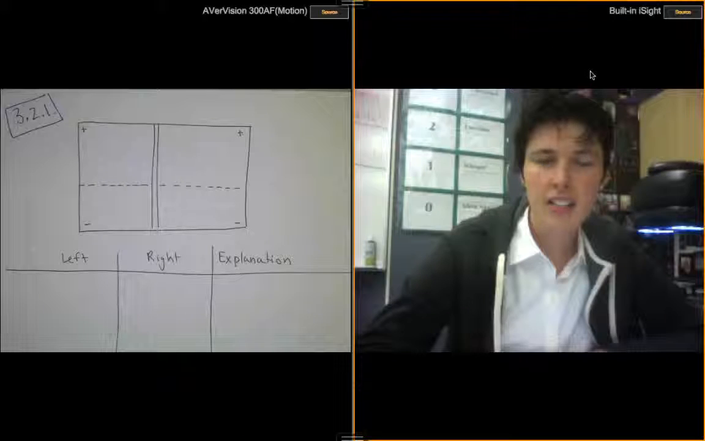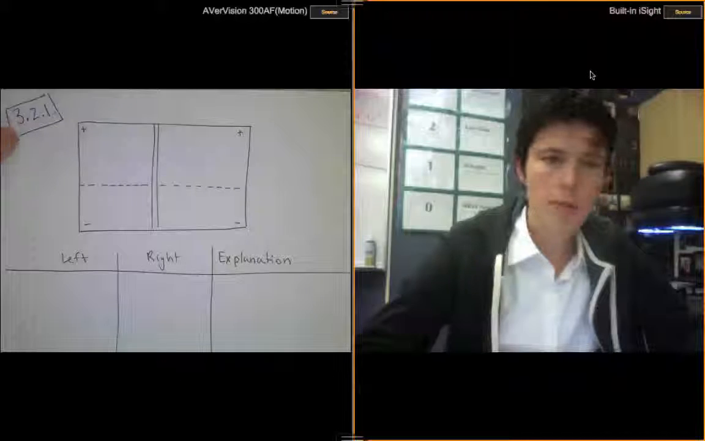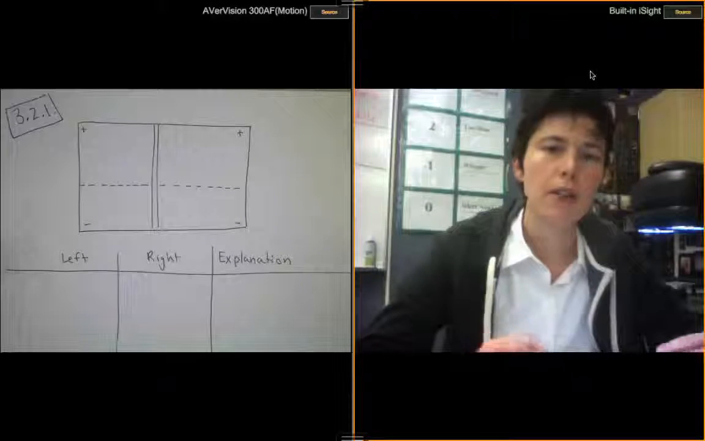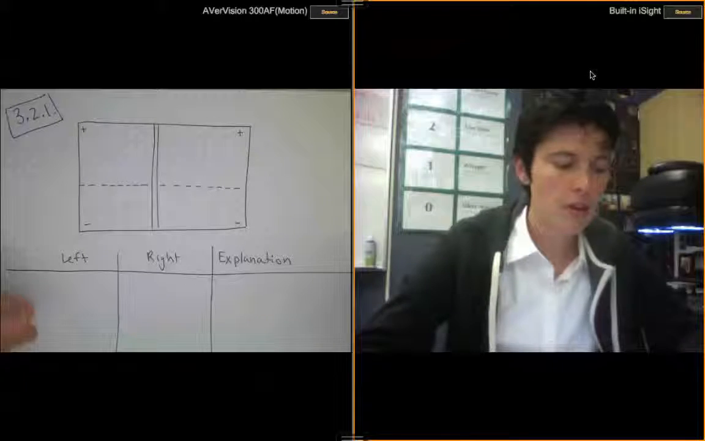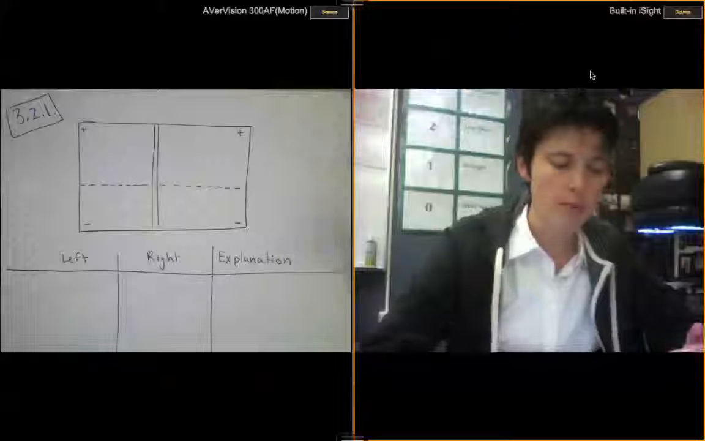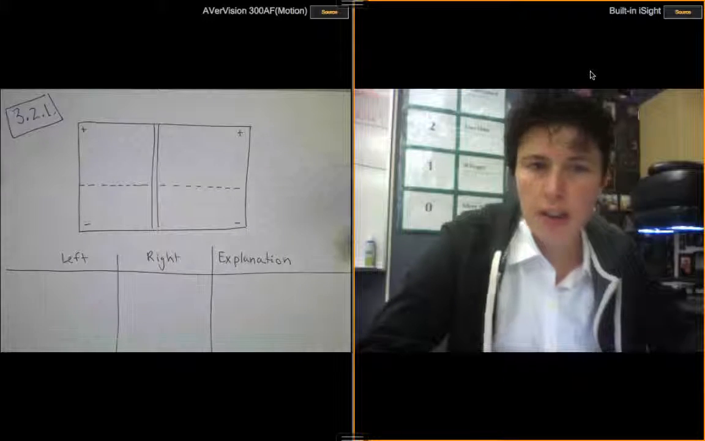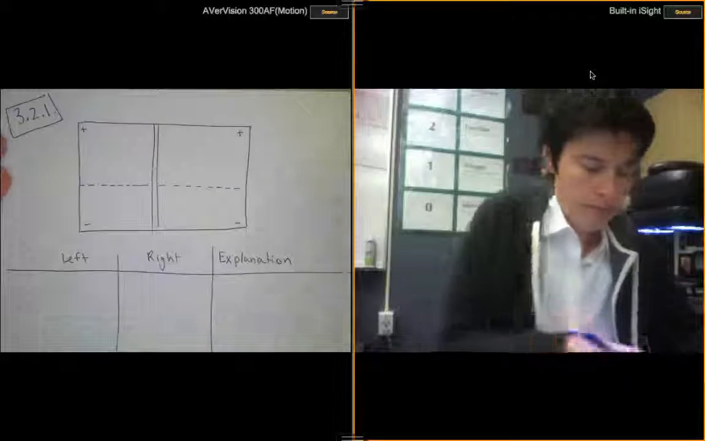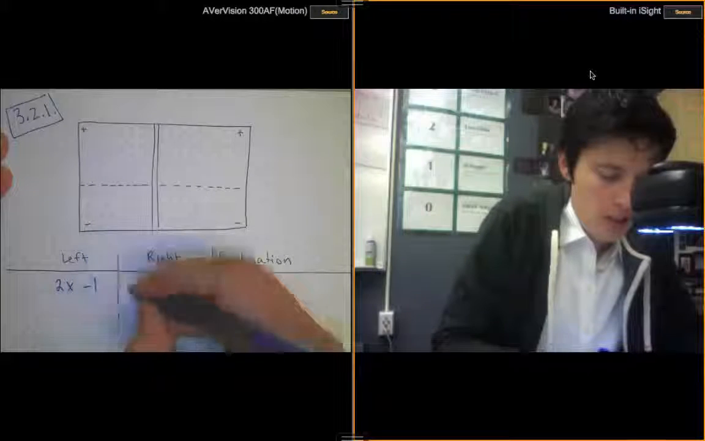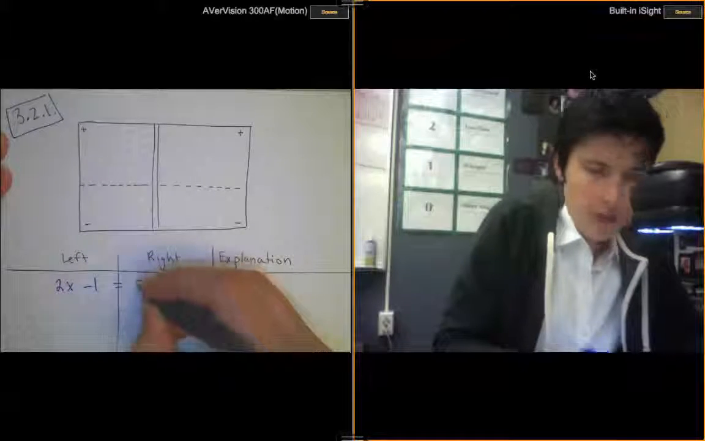All right, hi guys. Today in the video we're going to do section 3.2.1 out of our book, and this is the point where we're moving to not using our algebra tiles to solve for x anymore. We're going to try and get away from this process. So at this point in class, if I give you a problem like 2x minus 1 equals 5,